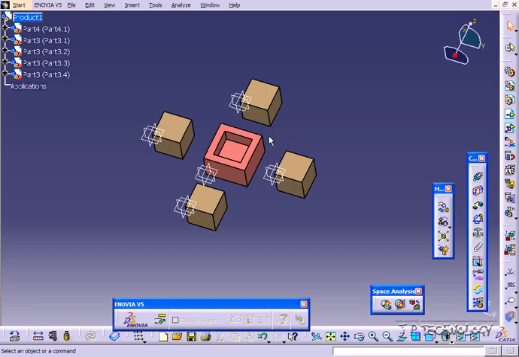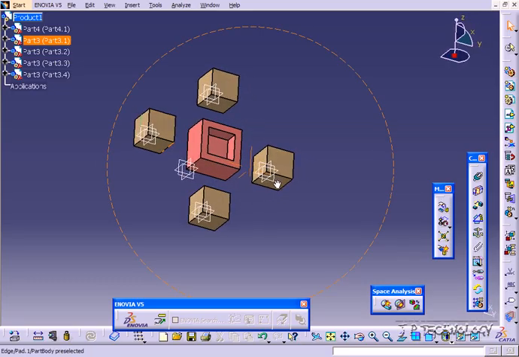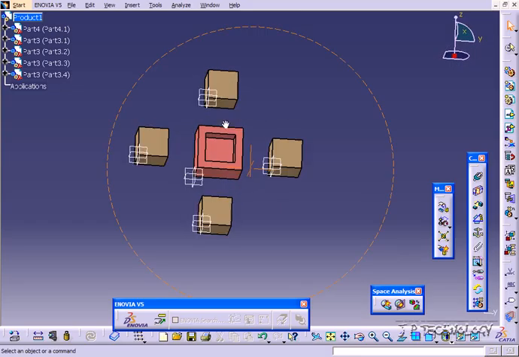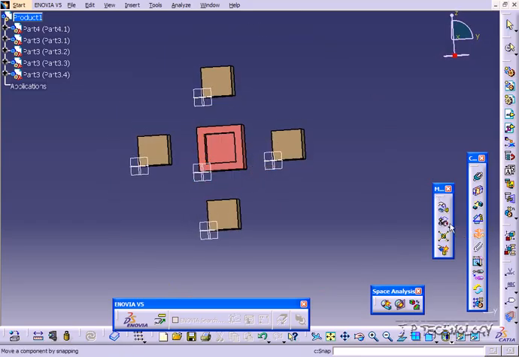So in the other examples, I was telling you that if you want to move this block, you'd have to click this block first, then this block to move. It doesn't matter the order after you fix it. So after you fix it, you can click this face first, and then this face, and then the brown block will move. So to fix a component, what we have to do is click Fix, click the component,